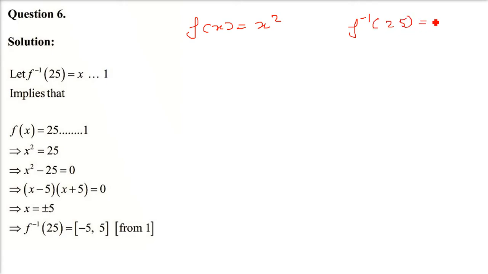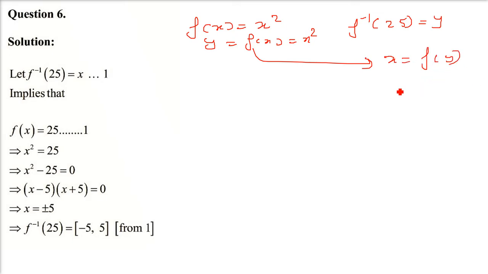So let us say it to be y. You can also put it as x. Don't worry about that. But by the previous conventional way, y equals f(x) we always write for the initial function, and then for the inverse we change the position of x and y. So for the inverse we write x equals f(y). That is why I have used y here. But there is no hard and fast rule. You can always write x. I'll do a question like that.